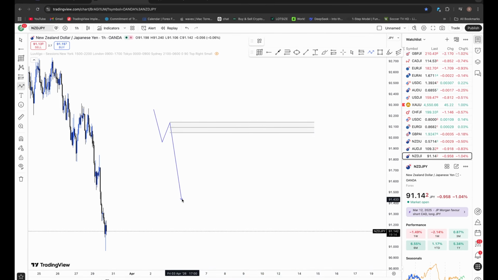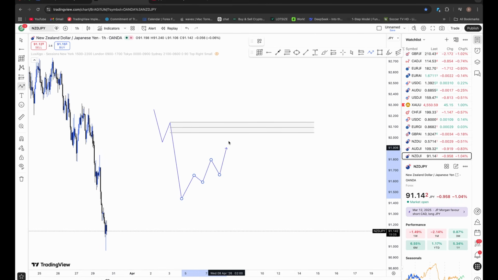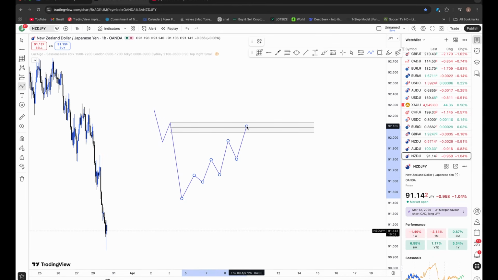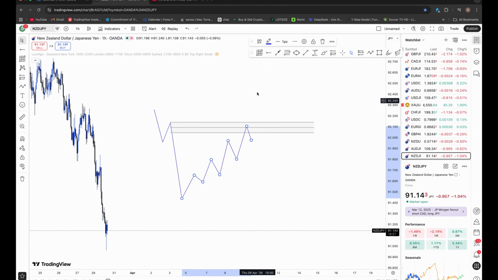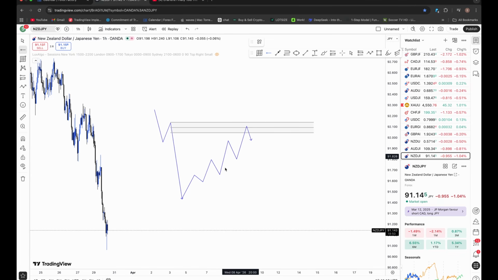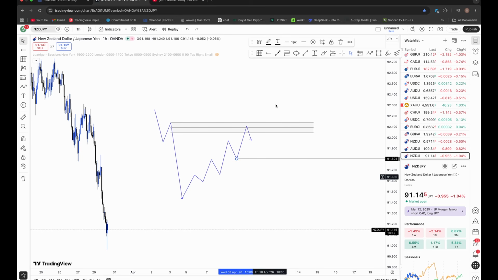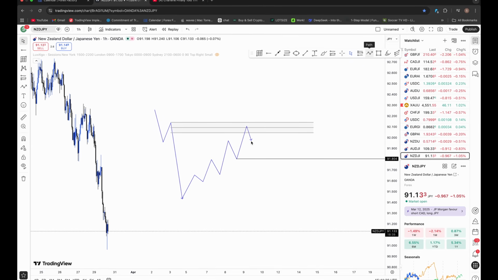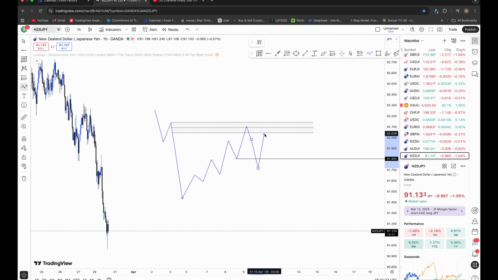But what you can do to be more conservative, as the market flows, market structure will always validate these moves. So what you can do is, if price then hits this area and rejects the area, instead of actually trying to jump in at that area, what you can wait for is a confirmed change of structure. So in this case, as the market is retracing, this is a higher high, higher low, higher high into the supply area. So this low should be very important for you, because what we'd want to see is that area get broken and the market coming back to the supply area